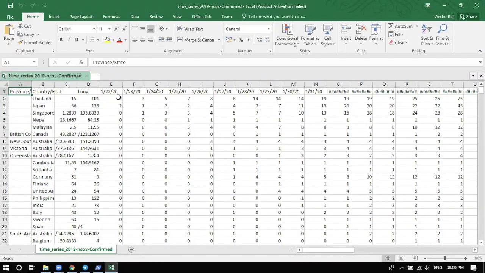It means it's not like on 22nd of January you have two cases and on 23rd of January you have three separate cases. They're cumulative. So on 22nd you have two total, on 23rd you have three total, on 24th you have five. It means if more are coming, they are getting added.